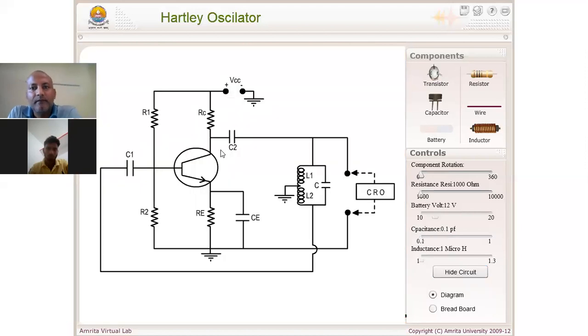This collector end is also connected through a capacitance C2 to L1, and also to the CRO.